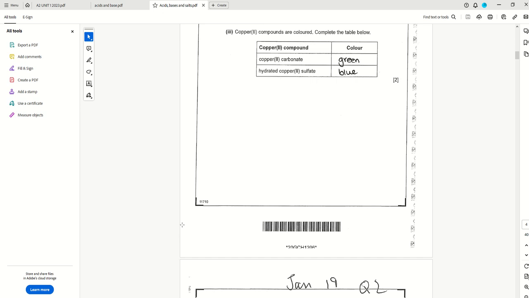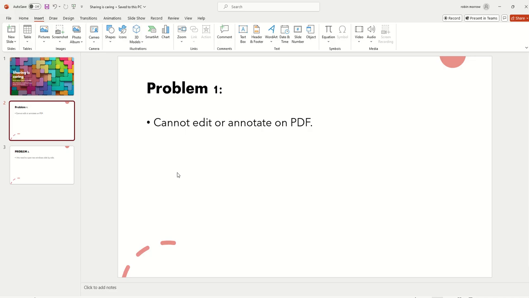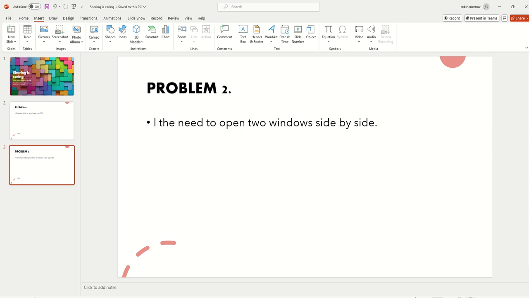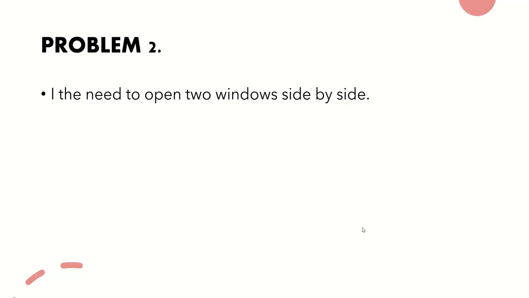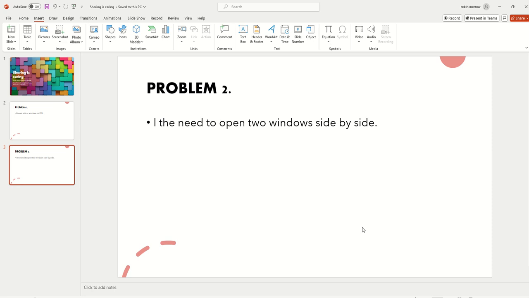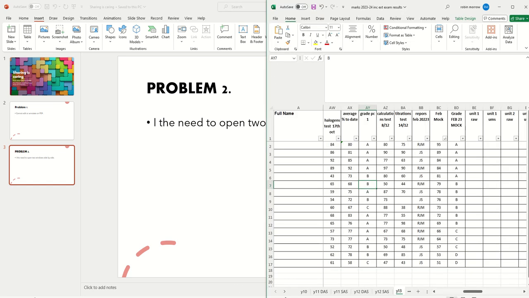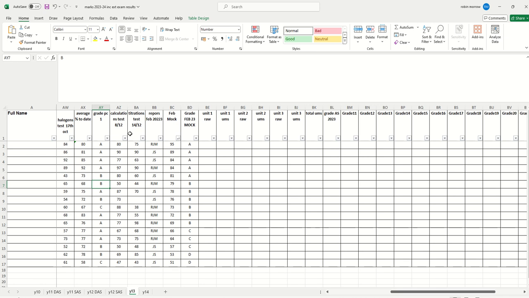The other thing that wasn't particularly a problem, but was a bit of a pain, was that whenever we were doing stuff like transcribing marks from our spreadsheet into Sims, or looking at marks while we wrote reports in Sims, or in a variety of other instances, we needed to open two windows side by side. Now, I did not know how to do this. Eventually I worked it out. So if we open a mark sheet here,